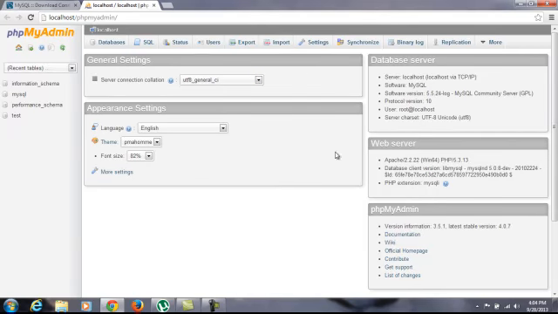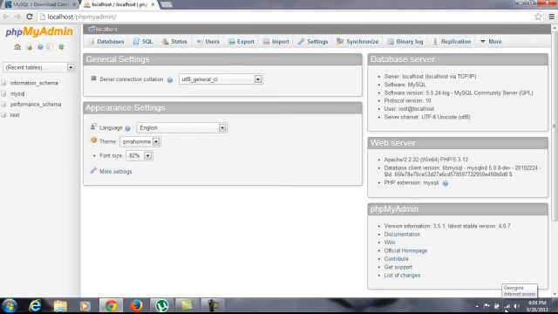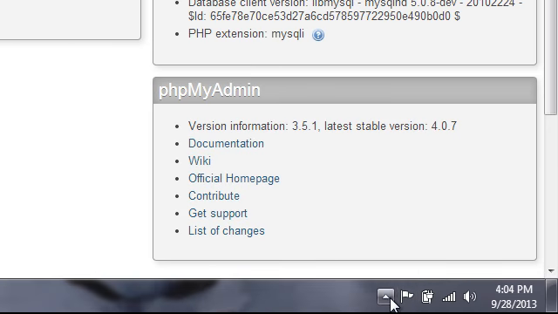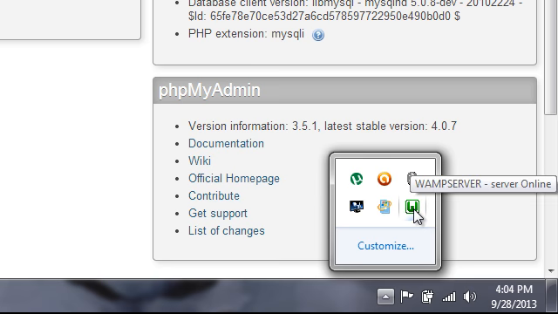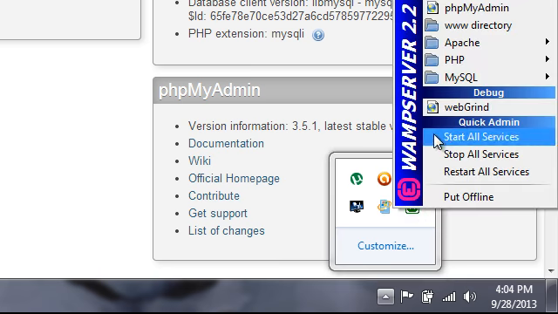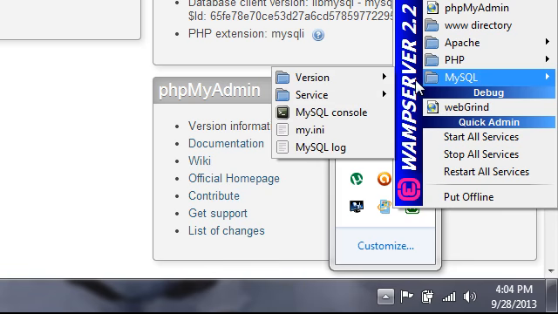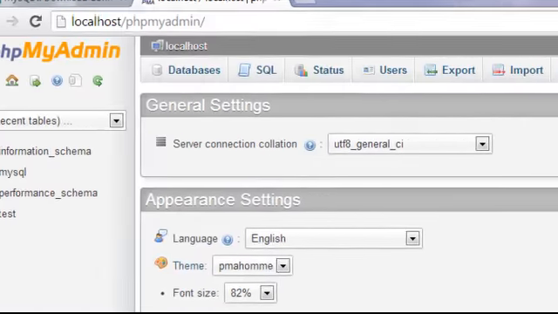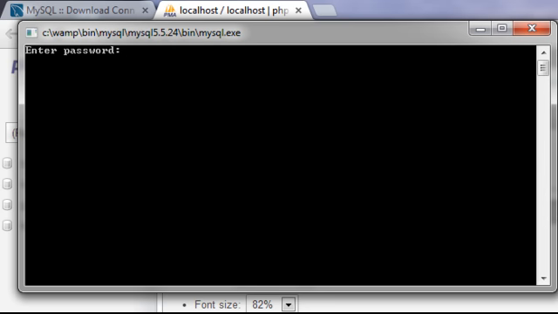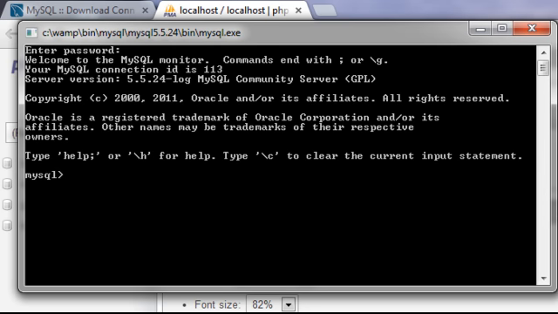Alright, let's get started. Now what we're going to do is create a database to connect to Microsoft Access, but we're going to create the database in PHP. There are two ways to create a database. I'm just going to show you a piece of one way. You can go into MySQL right here and click My Console. Luckily on this computer there's no password, so you just press enter and you simply type create